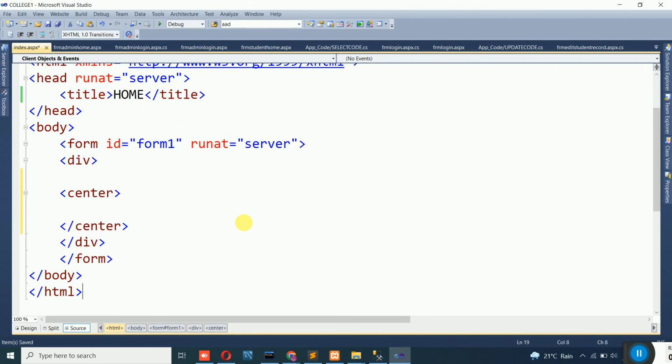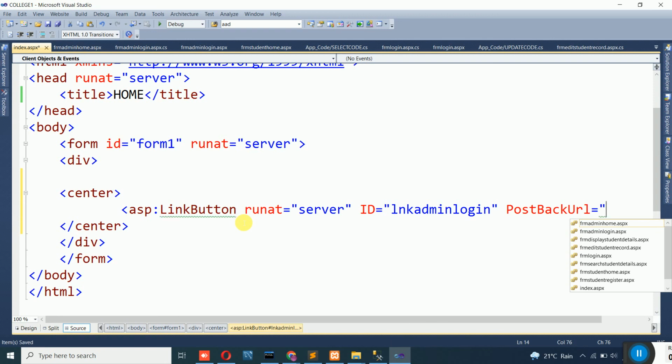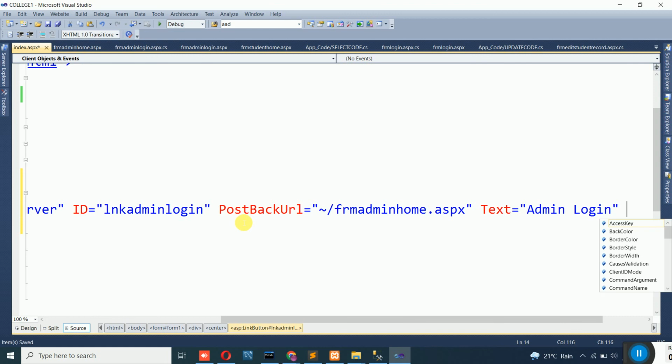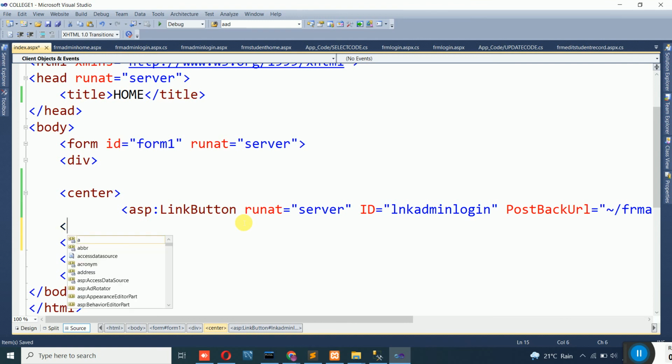and inside the center tag I will make use of an ASP:LinkButton, runat server, ID equal to lnkAdminLogin. I will use the property called PostBackUrl; for administrator login I will type frmAdminLogin, and the text I will give as "Login as admin". After this I put an HR tag, one horizontal line,